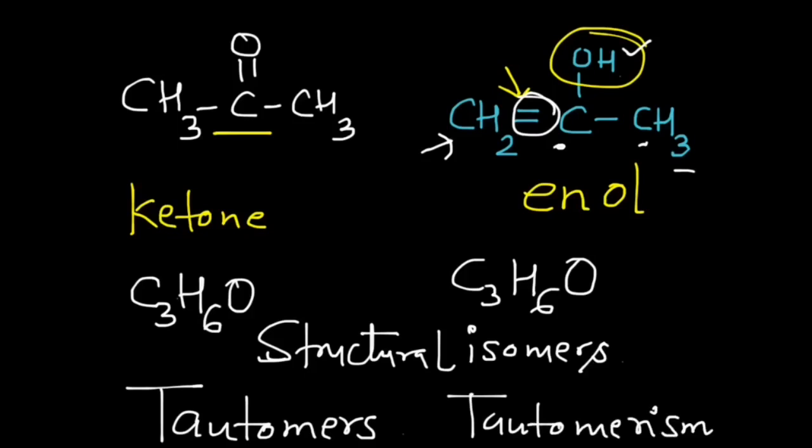Here we have a ketone and an enol. So this tautomerism is known as keto from here, and enol from here. So this tautomerism is called keto-enol tautomerism. There are other forms of tautomerism also, like the nitro-aci tautomerism, but we are not interested in that right now. Now if this example is clear to you, let's see why tautomerism occurs.